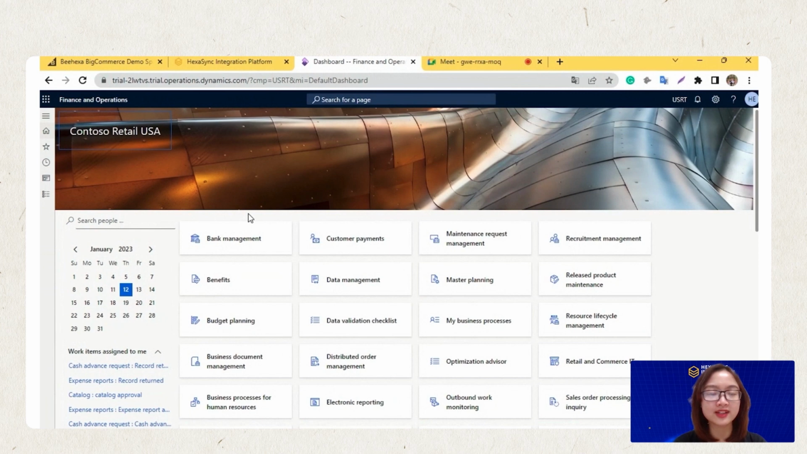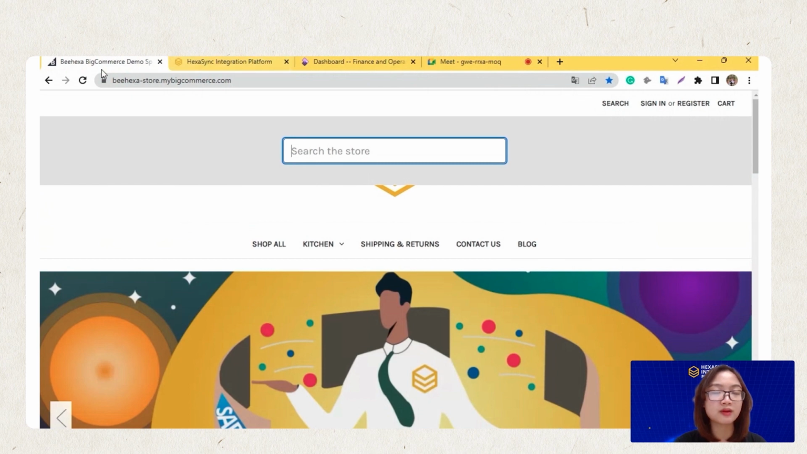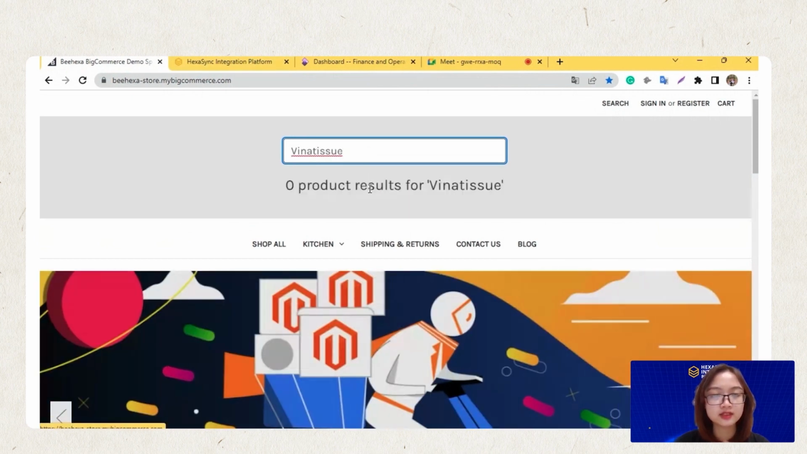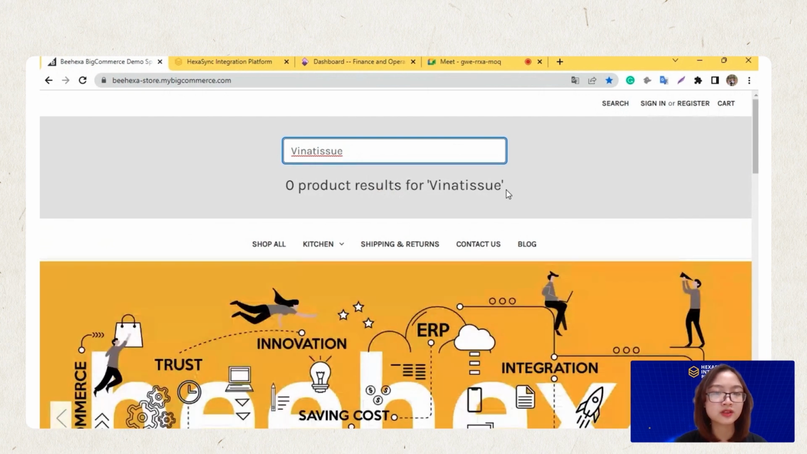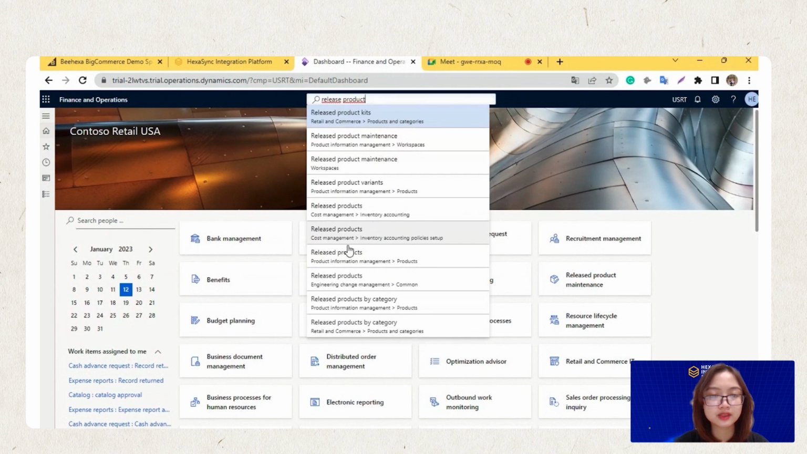The next flow I will conduct in this demo is product sync. To make sure that this product is not created, I will go to the e-commerce store and check. You can see that the Vina t-shirt is not available in the e-commerce store. And now I will go to Microsoft Dynamics. One thing you have to make sure of is to change to consultant retail USA, and enter on the search bar release product. I will choose the product information management products